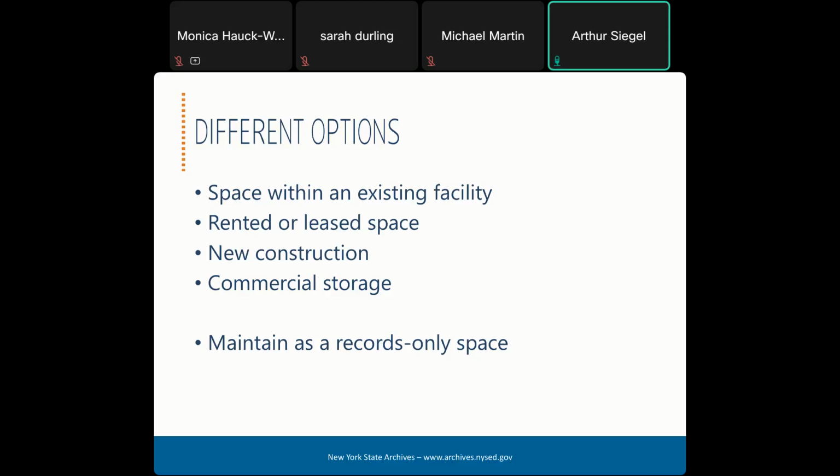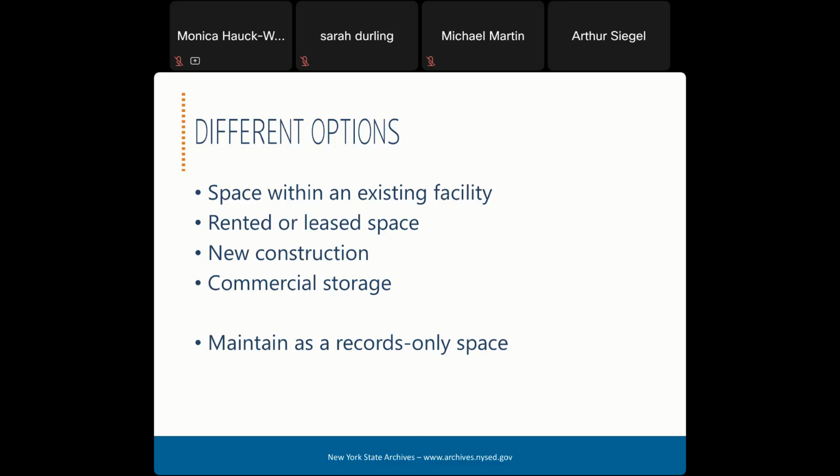You could also look for a separate building, either owned, rented, or leased. This is a less convenient option than storage on site, though it does tend to cost less than some of the other options we'll talk about. For state agencies, the State Record Center is a good option. I won't get into it here since we have information about the Record Center on our website and in a separate webinar, but it does offer a low cost and relatively convenient storage option as well.